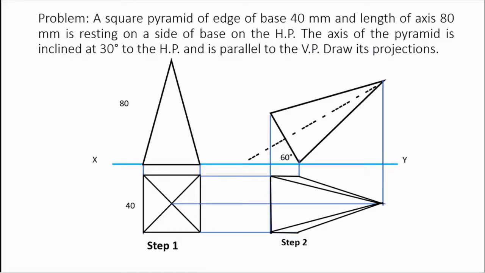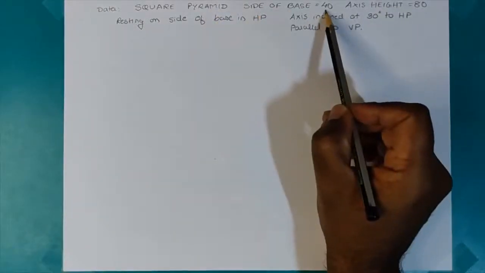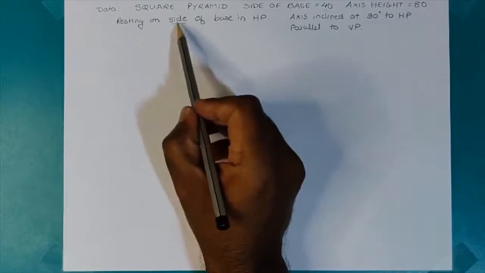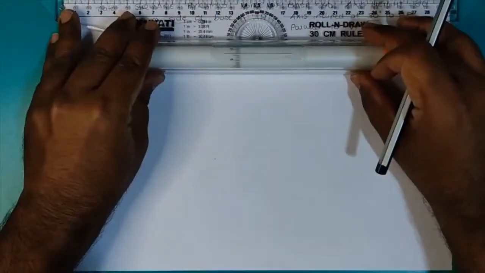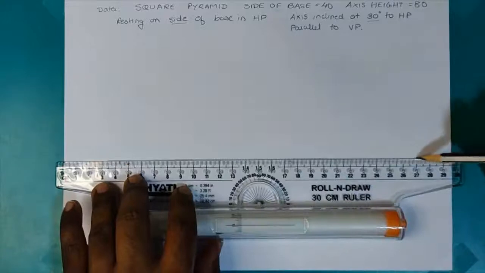So this was the problem overview. Now let's move to the actual problem solving. So it begins with writing down the data that is important, and remember, the side of base is in HP, and therefore we start by drawing the XY line,